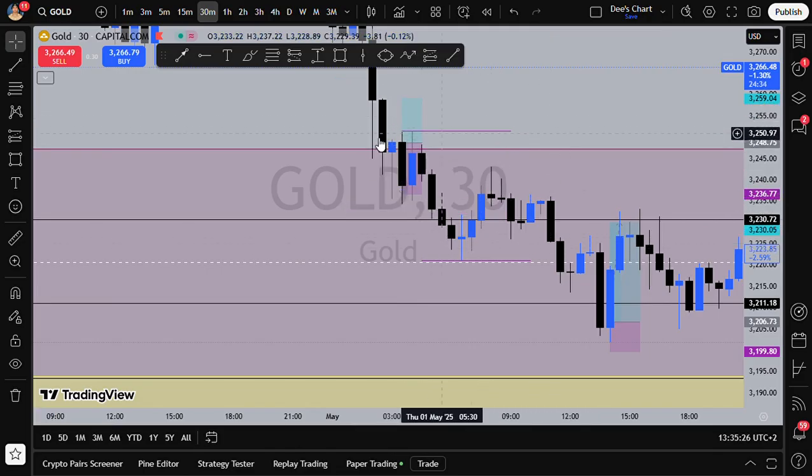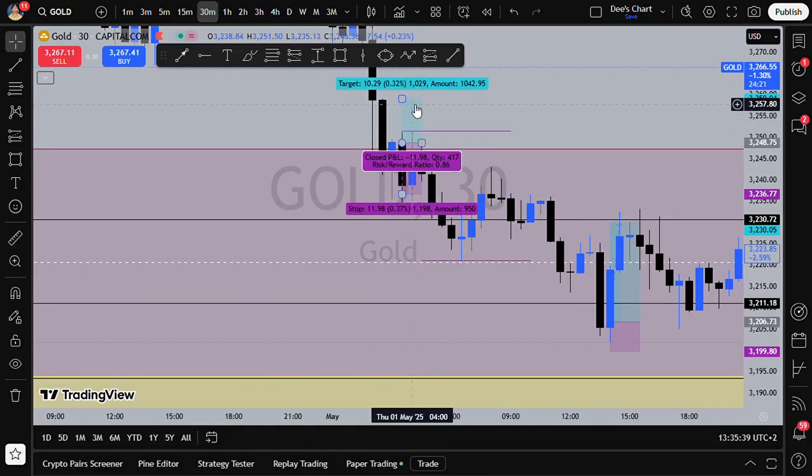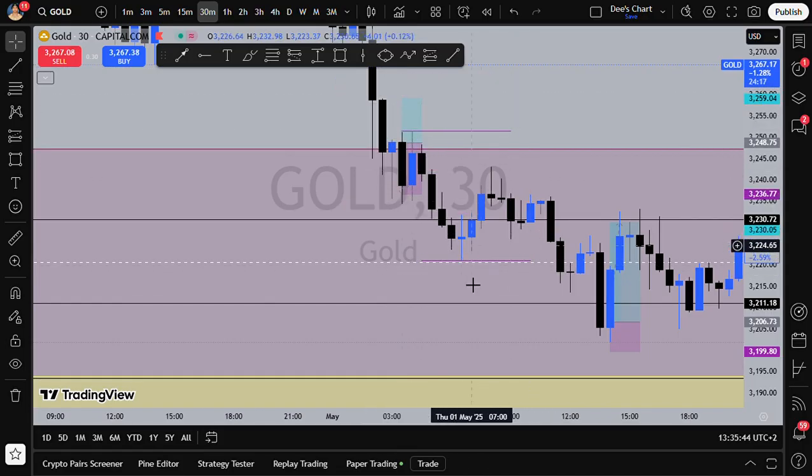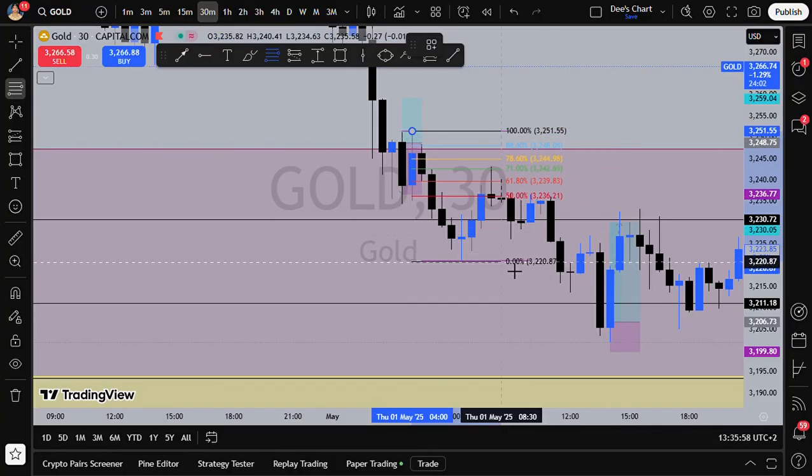As you can see, we created a valid trading range with this blue candle being the swing high, because next to that we have two adjacent candles where the middle candle's wick is longer than both of them. That's my valid swing high, with the middle candle having the longest wick between the two candles adjacent to it. So that was my valid trading range, and you can put your Fibonacci over this range. And as you can see, we had quite a deep retracement at 71%,